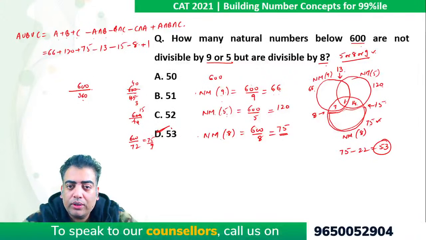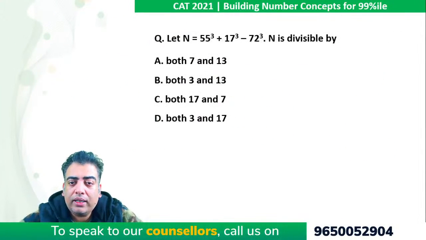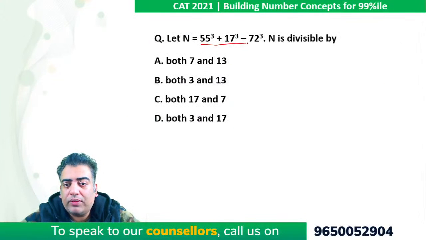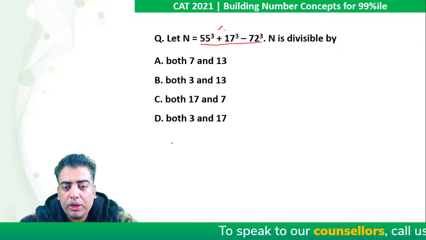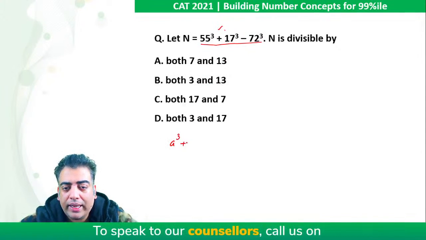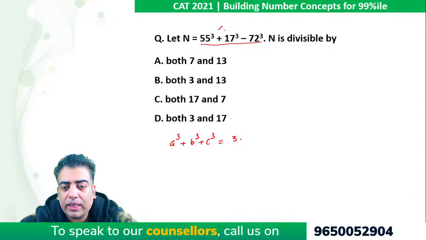Okay, so let's move on. Here it says n equals 55 cube plus 17 cube minus 72 cube. Then n is divisible by. Now in this case, I am going to use a formula which is a cube plus b cube plus c cube equals 3 times abc if